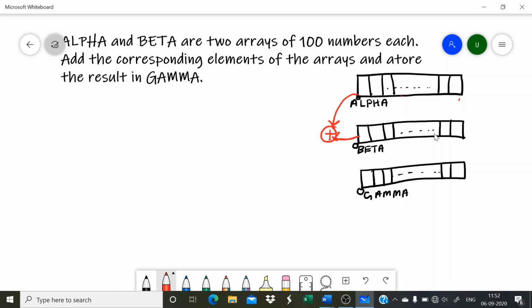The first two elements are added and the result is stored as the first element of the array gamma. Then similarly, after the first element, we have to access the second element or the second number. So we have to access each number of the array. So here we have to use indexing. We will make use of the index register.